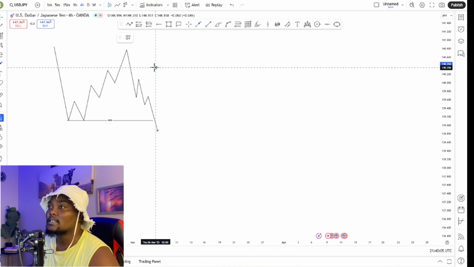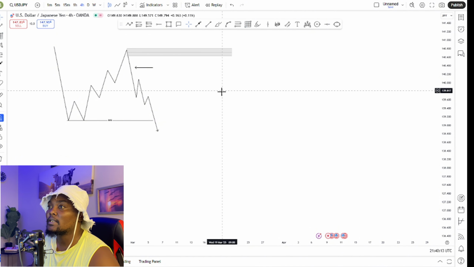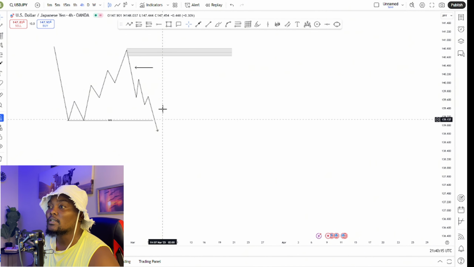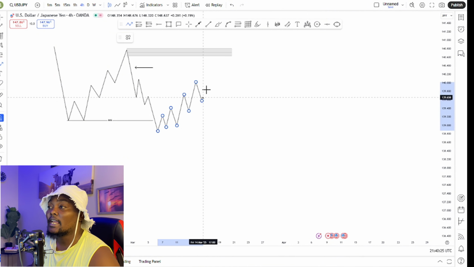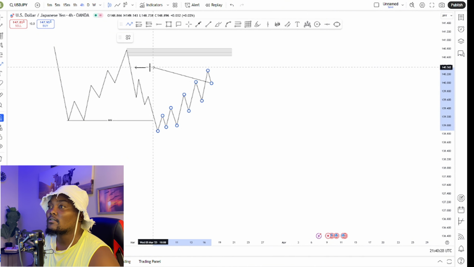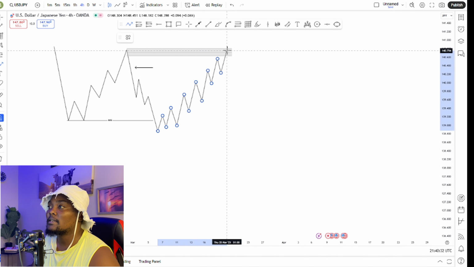So let's say maybe this is your fair value gap around this point, or an imbalance. After the imbalance, we know that this is our supply zone around this point here. The realignment will also give you market structure, whereby we have an internal change of character around this point. Then after that internal change of character, the market will create internal higher highs and higher lows, filling this overall gap here, which is your imbalanced area,